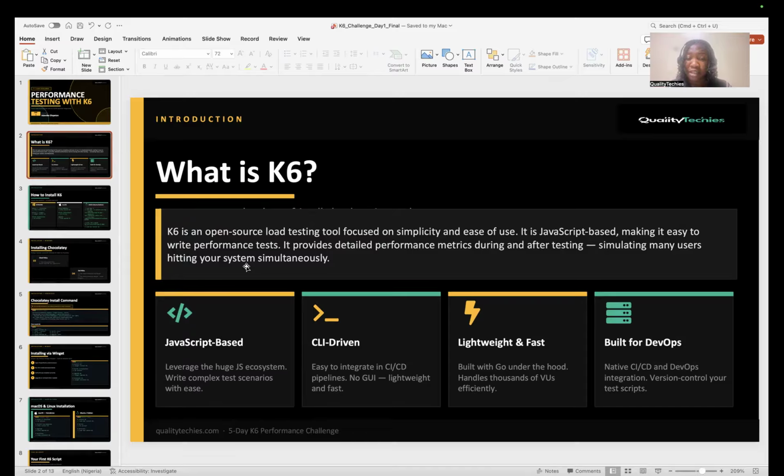So K6 is a JavaScript based tool, and it doesn't have any GUI, graphic user interface. It is lightweight and it's fast. It's easy to integrate K6 into CI/CD pipelines. It's also built for DevOps. So you can version control your test script while using K6. So let's proceed